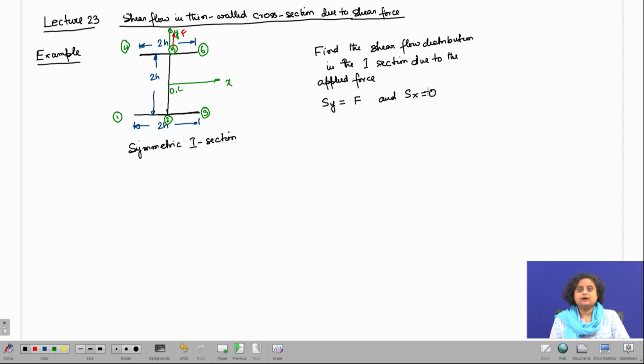Now, since the cross section of the beam is symmetric about x axis, Ixy is going to be equal to 0. Now, if I substitute these conditions in equation 3 that we have, we say that Qs minus Q0, which is given as minus